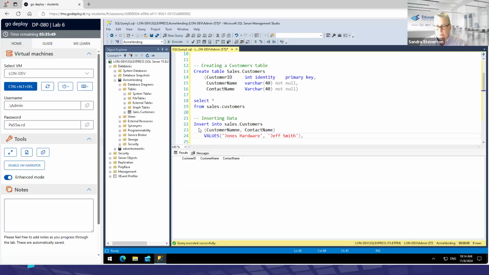I'm going to put a comma here. I'm going to add another row as well. So I'm just going to come right on over to that parenthesis. That comma is known as a row constructor. It means I'm going to add more than one row. So this next one will be, make it Widgets and Gadgets. And that contact name will be